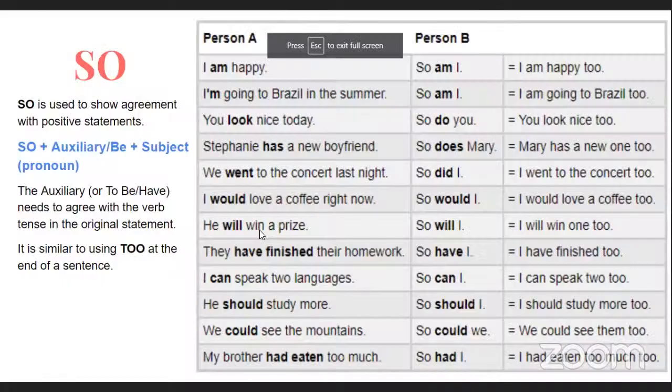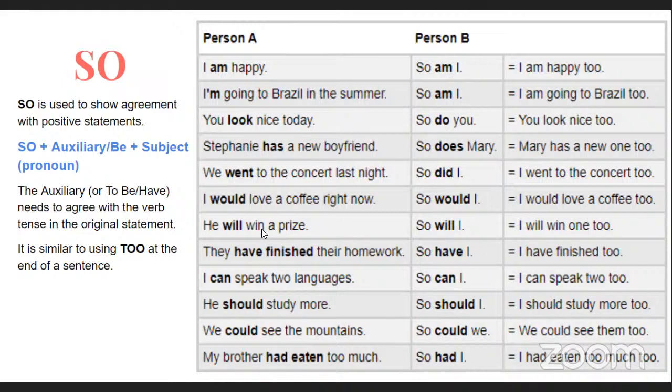And well, remember that in a previous class we were reviewing causative verbs, and today we are going to review the use of, I'm going to share my screen right now with you. For some reason, it's taking longer. Okay. All right. So causative verbs, and now we are going to review the use of so, not only so, but also too, and neither and either. So when do we use so and why do we use so?